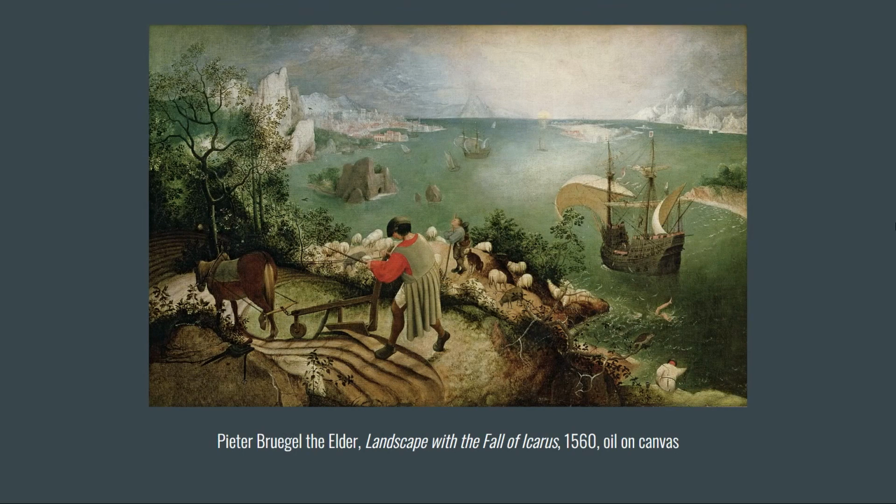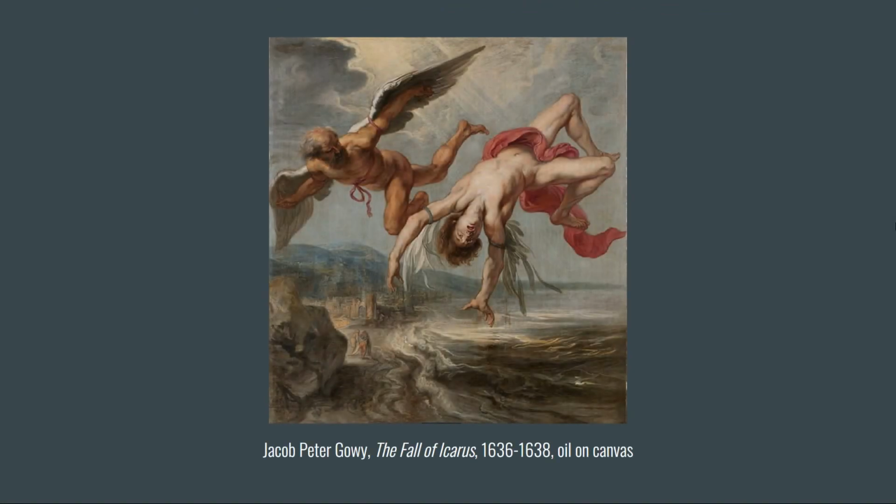Now, this is a famous Greek myth where a man named Daedalus and his son Icarus plan to escape their imprisonment from a king by creating wings from the feathers of birds. Despite the warnings of Daedalus, Icarus flies too high to the sun during their flight, melting the wax holding together his wings, causing him to plummet to his death. This was a famous tale on the pitfalls of one's hubris, and Peter Bruegel excellently captures the major themes in